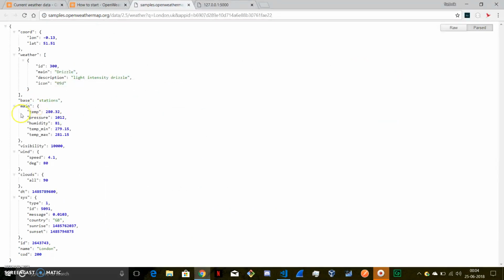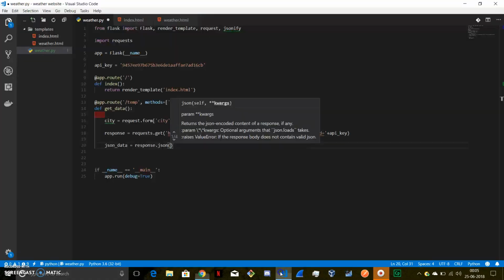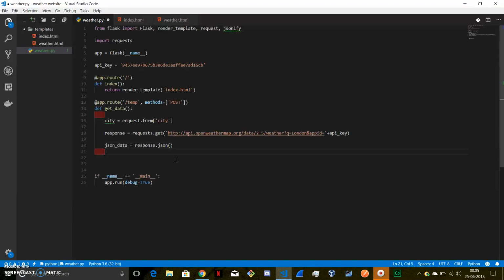Right now I want to access the value of the temp key and the value of the humidity key. This is present in the dictionary called main. So if you want to access this, you need to type JSON data of main,